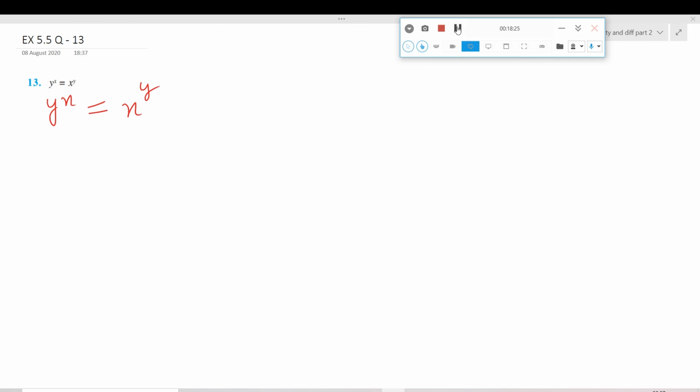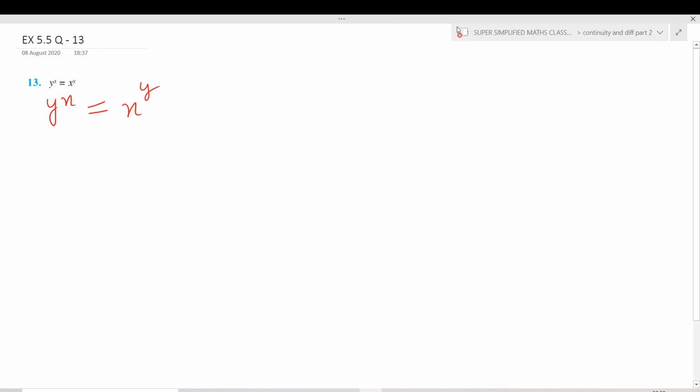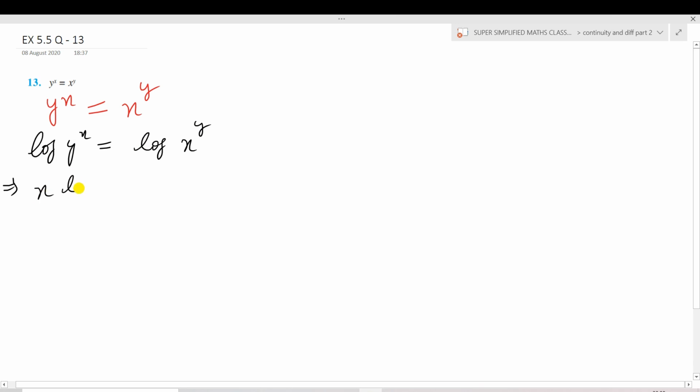Now question number 13, y raised to the power x is equal to x raised to the power y. Here you can take log both sides, so we get log of y raised to the power x is equal to log of x raised to the power y. Using the property of log, x log y is equal to y log x. Now differentiating both sides with respect to x,